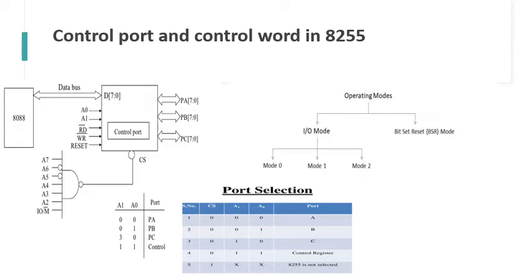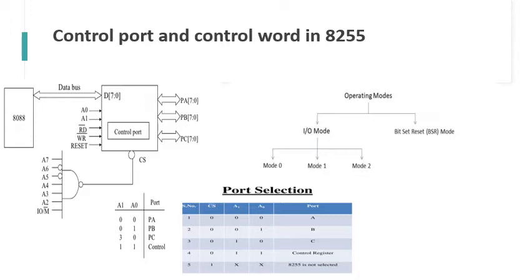Note, the data written at the control port by the microprocessor sets the mode of operation and it is called the control word. Remember this term as it will be used a number of times in the rest of this post. To communicate with this port, the microprocessor needs to make the inputs A1 and A0 both high. Already we have stated it while I was explaining the pin diagram. When both of these are high, 8255 knows the microprocessor is telling it about the modes of the I/O port that need to be chosen.